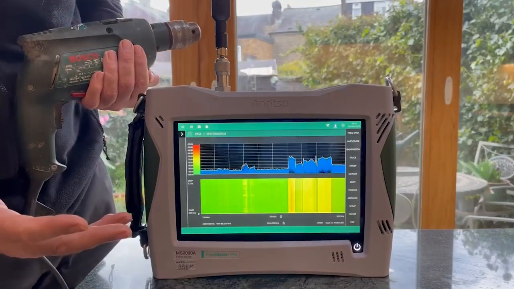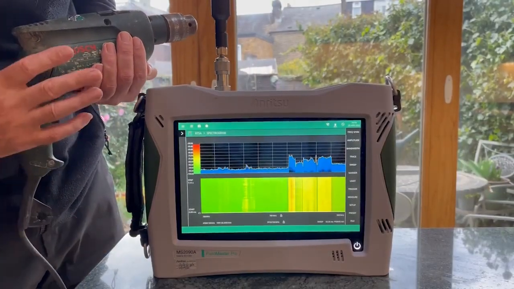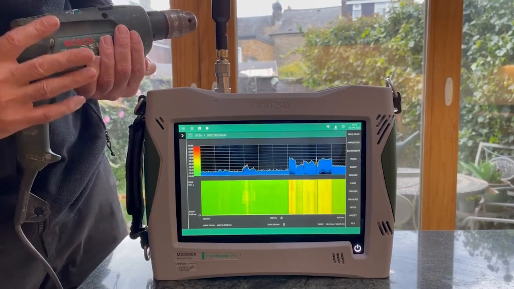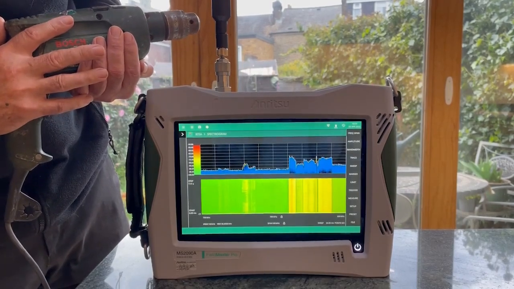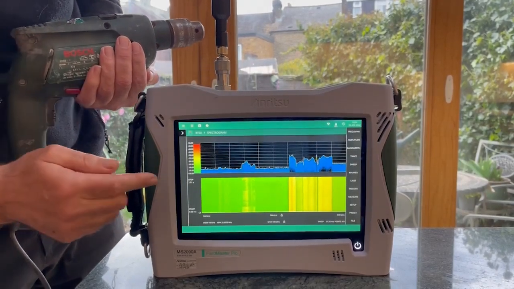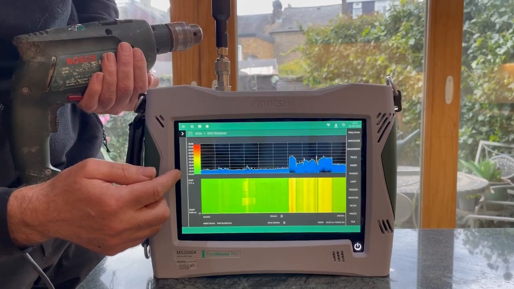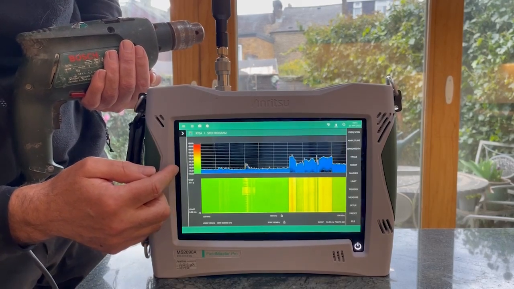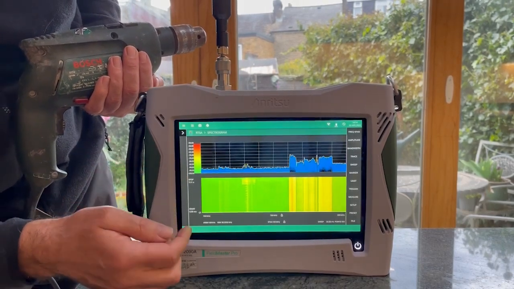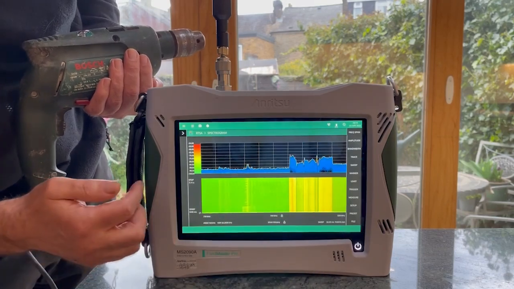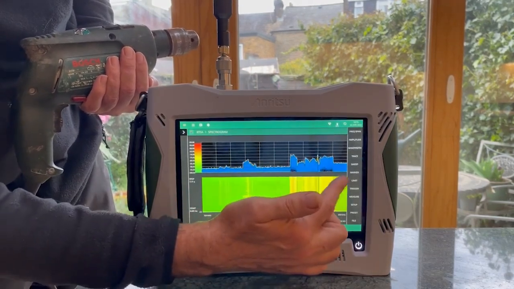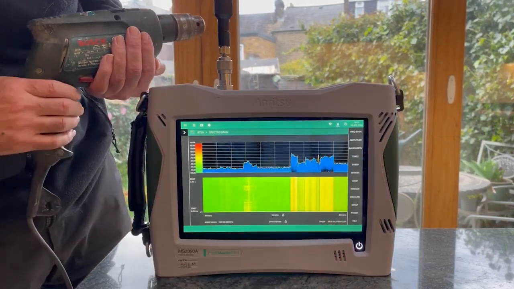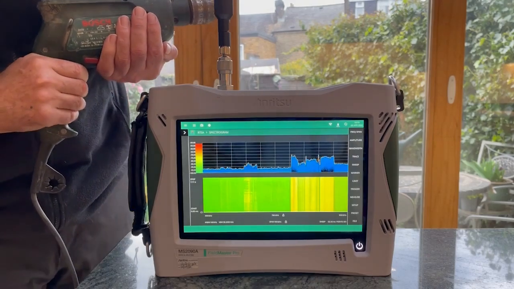So I just want to illustrate the cause of interference from some domestic household appliances. We'll start off with a standard electric power drill. Here we're looking at a real-time spectrum analysis view of the LTE spectrum going from 730 megahertz to 830 megahertz, and we can clearly see the LTE carriers in this zone here. If I turn on the power drill,